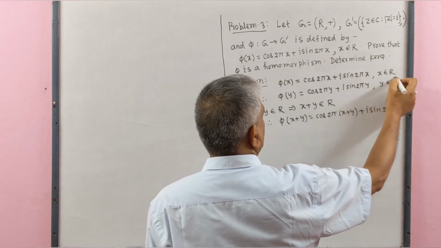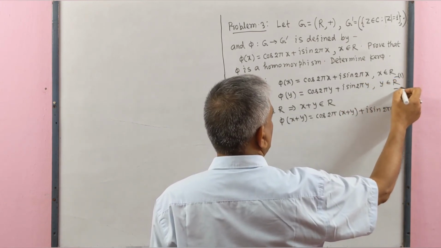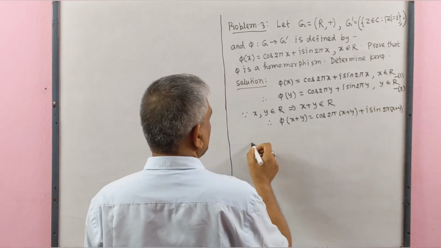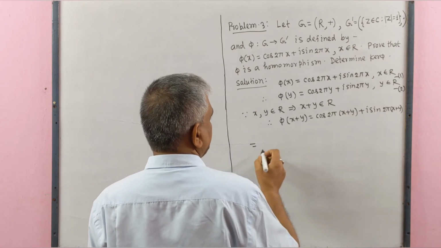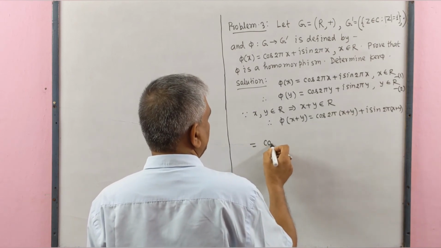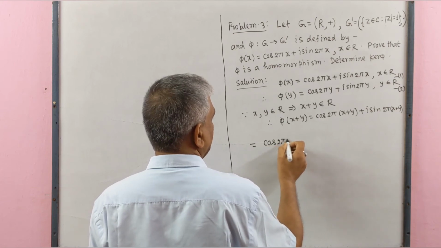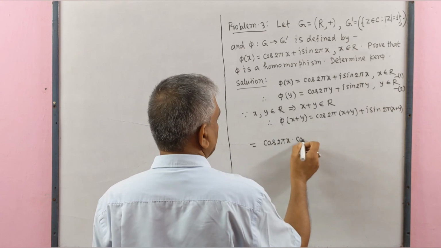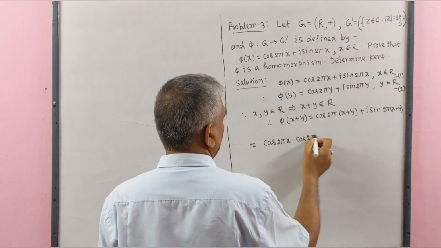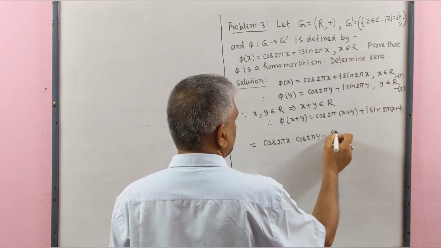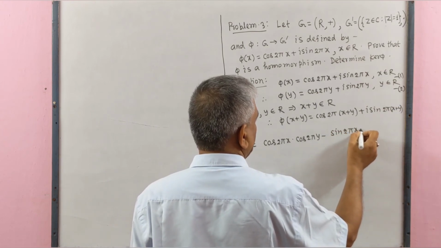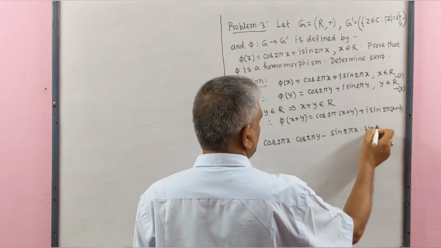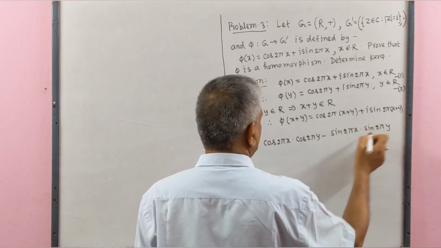This is number 1, this is number 2, and this equals, using cos (a plus b) equals cos a cos b minus sin a sin b, cos 2 pi x cos 2 pi y minus sin 2 pi x sin 2 pi y